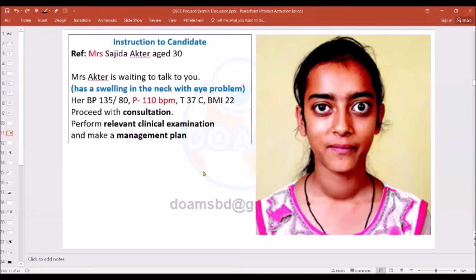Doctor, who said? Dr. Amal maybe telling something. Raynaud's was excellent. Sorry, I cannot hear. Also for the proximal myopathy, I will ask her to do proximal myopathy testing. Oh, very intelligent talk. Yes, proximal myopathy, part of the examination of the upper limb as well as the lower limb. It is part of the musculoskeletal examination, or we can say part of the neurologic examination also, but more likely musculoskeletal. Very good. Then